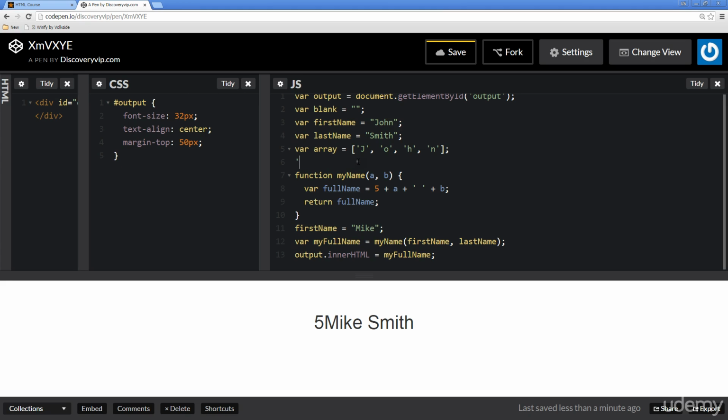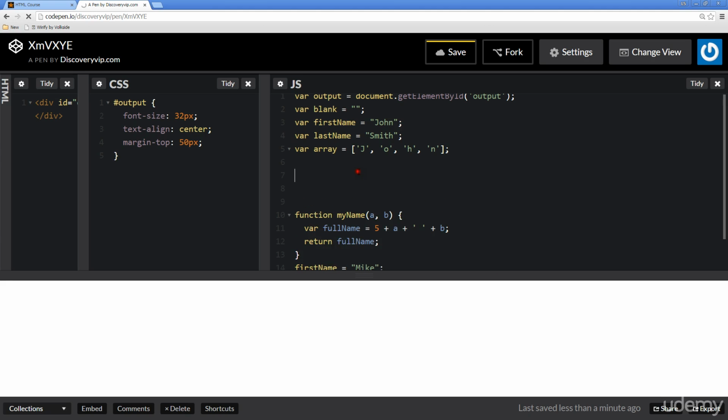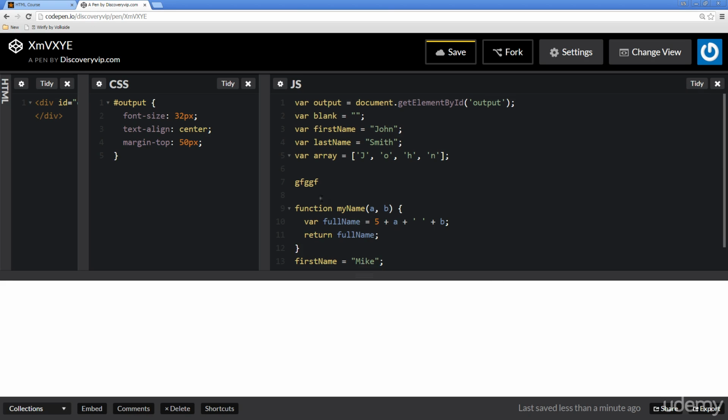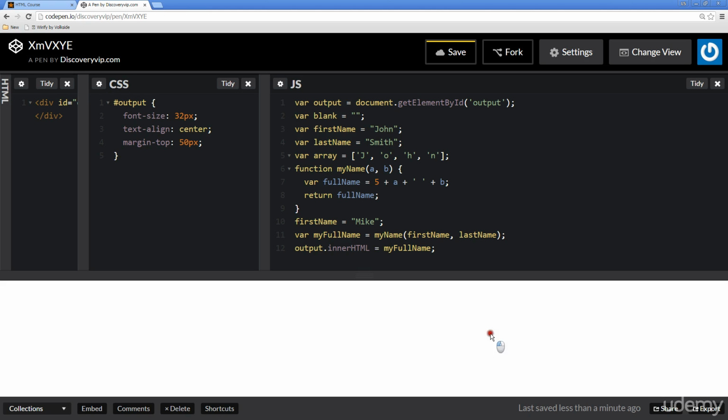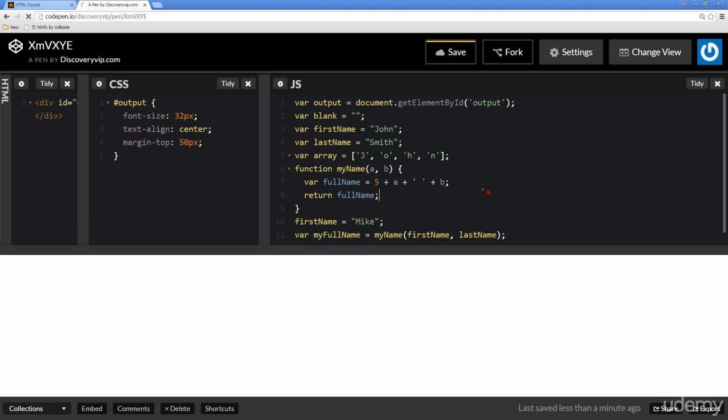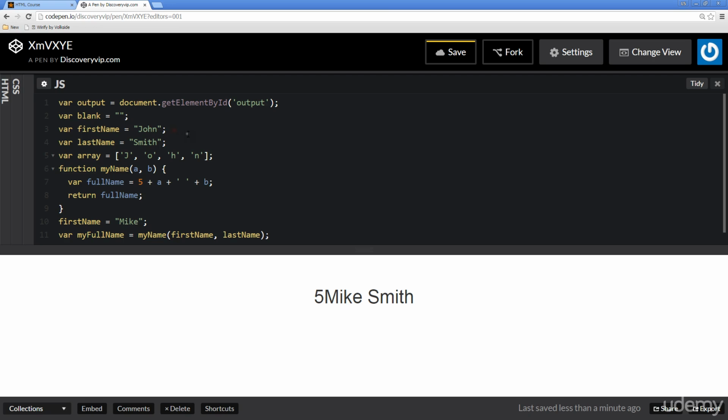So if I've got a bunch of extra stuff there, it also does catch these errors as well. So I believe it should output some kind of error here. So when I tidy it up, it does clean that, and I'm not sure why that time it didn't. Most of the time with CodePen, it does pick up these errors. So maybe I have to do a more common error